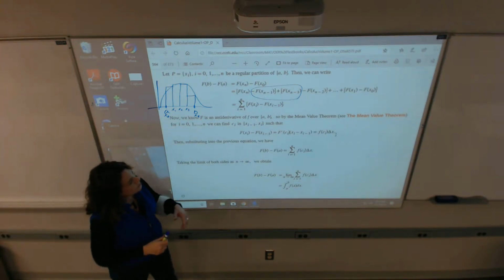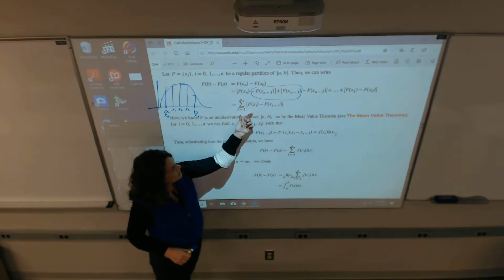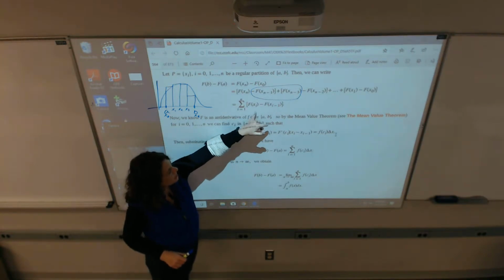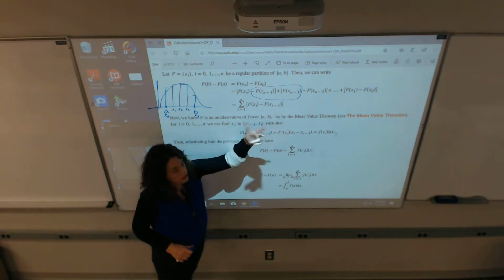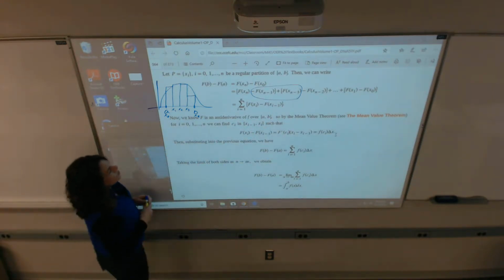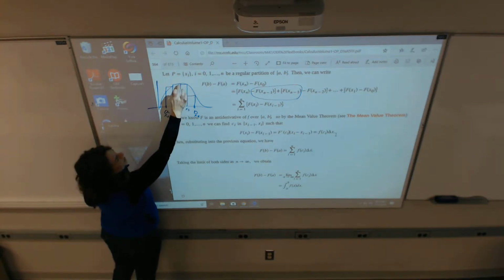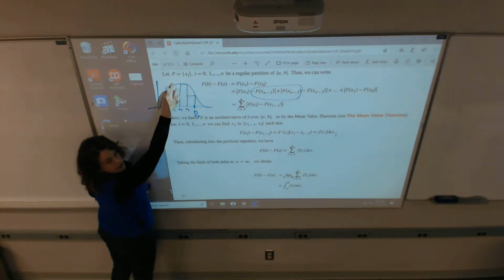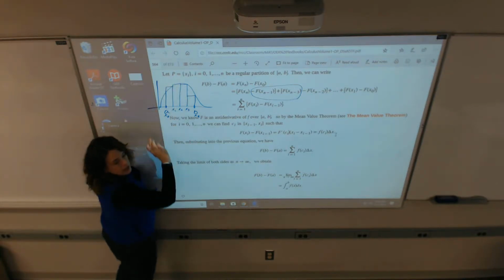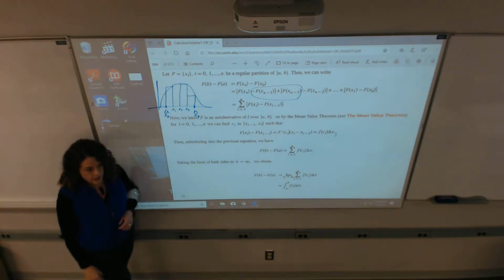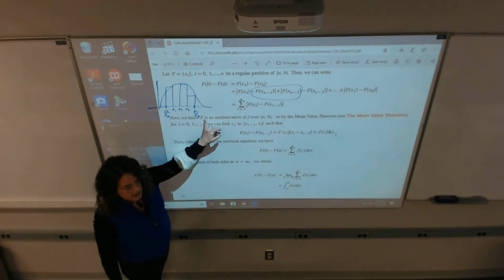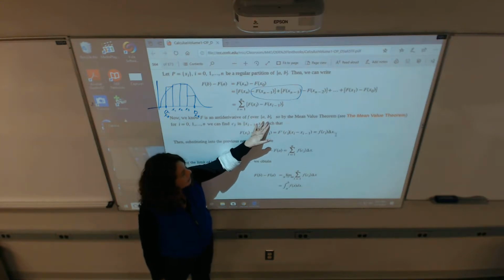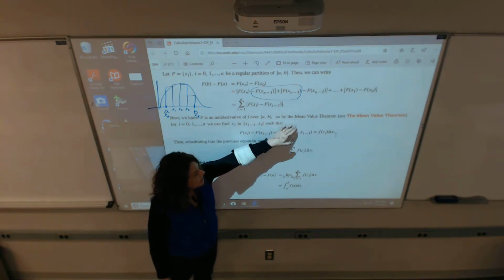And by adding them in, they're able to create this summation from 1 to n of F of x sub i minus F of x sub i minus 1, the one in front of it, all right? So basically they're taking that height and subtracting the height in front of it from it. All right, so they're taking the right endpoint minus the left endpoint height. Okay, that's what they're doing. All right, now we know that F is some antiderivative of the integrand, lowercase f, so that gives us the